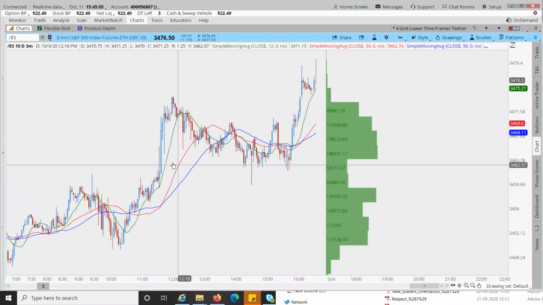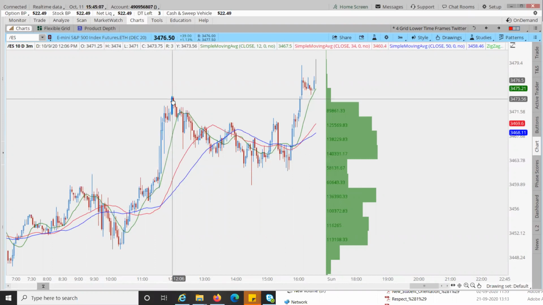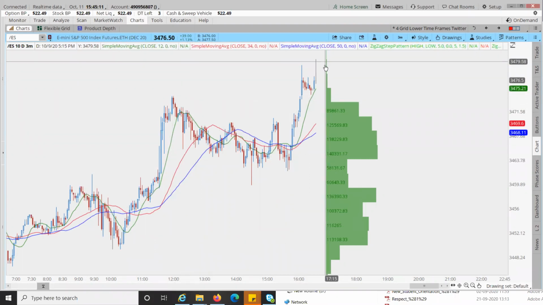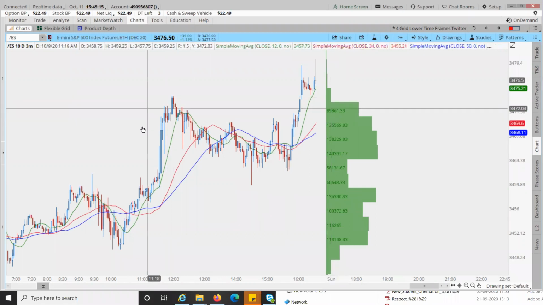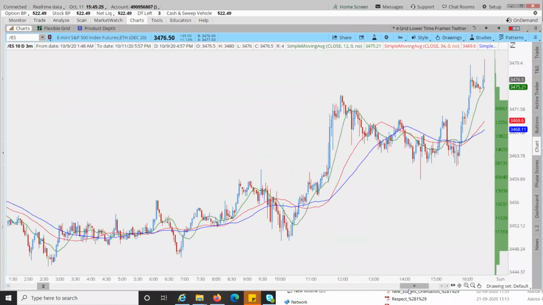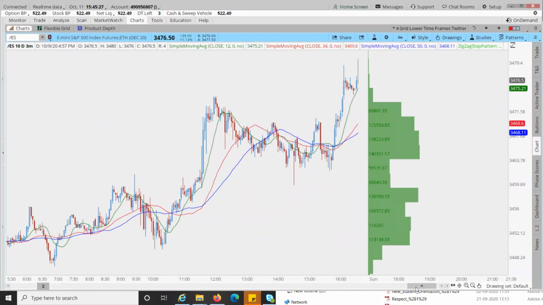So you look at here. As soon as it went up, there were hardly any trades because this was the last minutes on Friday. But during this range, they were traded heavily. So you need to find out where you lie in this chart and see what you need to do. It's only for scalping.